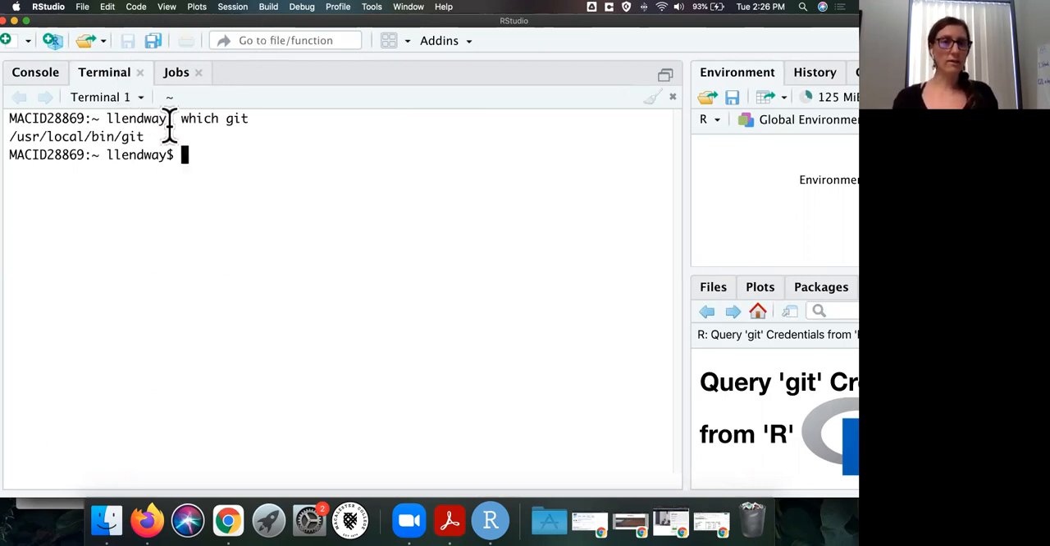In the terminal, oh, apparently that's left over from when I did this just moments ago. I am going to type this same command that I have here, which is the word which, W-H-I-C-H, space, and then the word git, G-I-T. And if you have Git installed, you should see something sort of like this. It might not look exactly like this, but